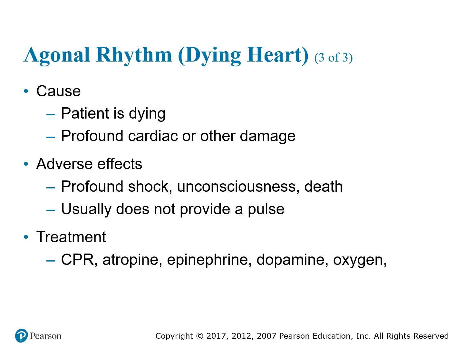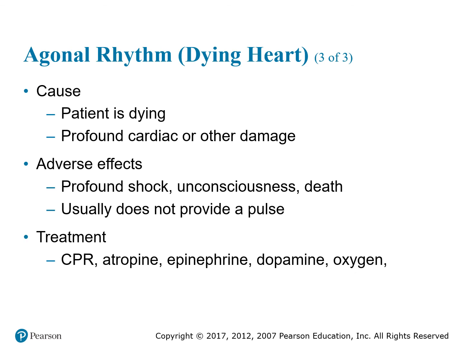An agonal rhythm usually does not provide a pulse, or even if it does, the cardiac output it produces will be incompatible with life, meaning that sometimes it might get missed because it's so weak you can't really tell if there's a beat there at all, because the heart is dying and there's no cardiac output